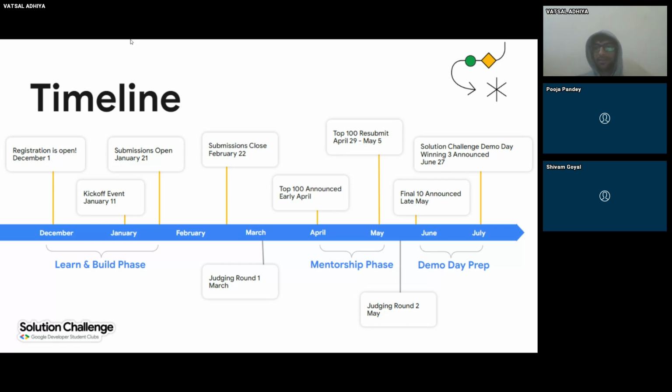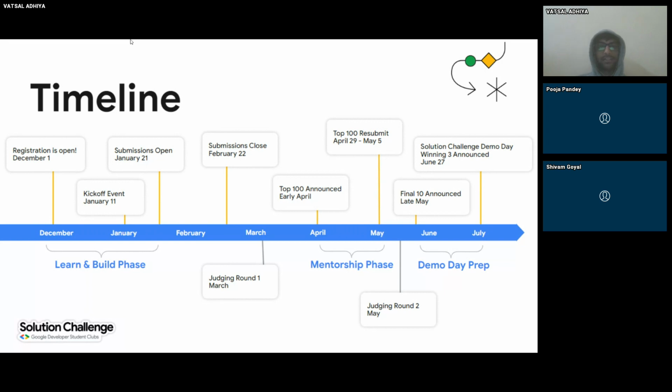And then the resubmission will be from April 29th to May 5th, and the judging will start maybe around mid May, not clearly mentioned on the website given by Solution Challenge, and the results will be announced in late May, and the final will be announced on June 27. All right. So that's the timeline.